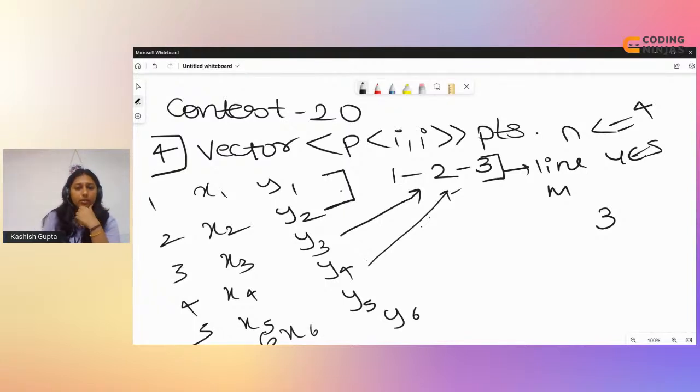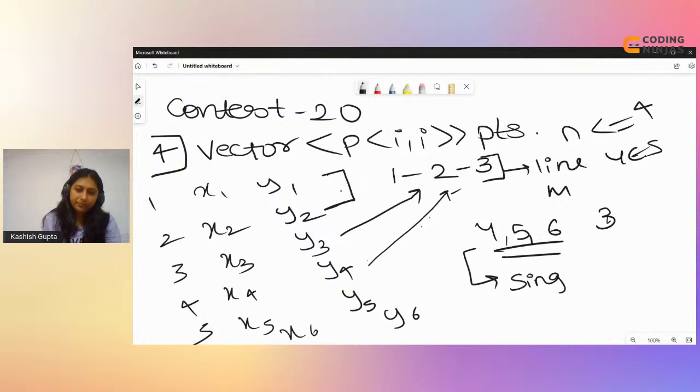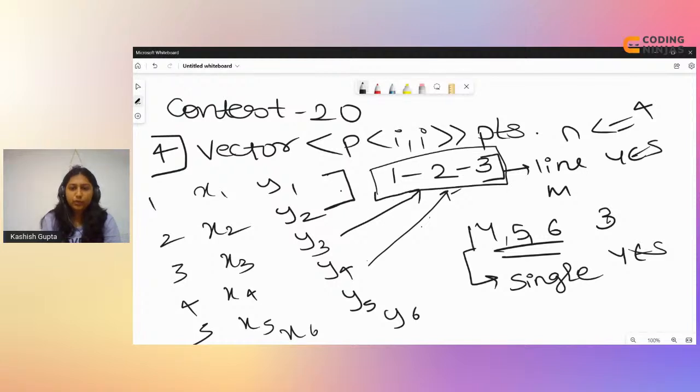So let's say 1 2 and 3 lie on this line, but 4 5 6 don't। So we've stored these indices somewhere else, and then we have to check कि अगर ये एक सिंगल लाइन बना रहे हैं तो our answer is yes, क्योंकि हमने एक लाइन यहाँ already बना ली और हमने verify कर लिया कि जो बाकी बचे हुए सारे पॉइंट्स थे वो सब भी एक particular लाइन बना रहे हैं। So if that is the case we will return yes।